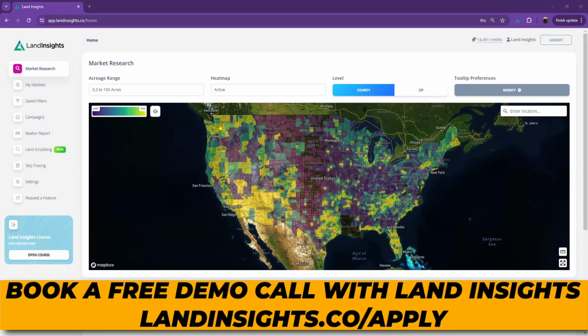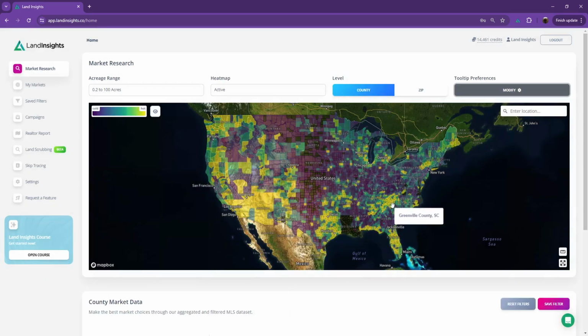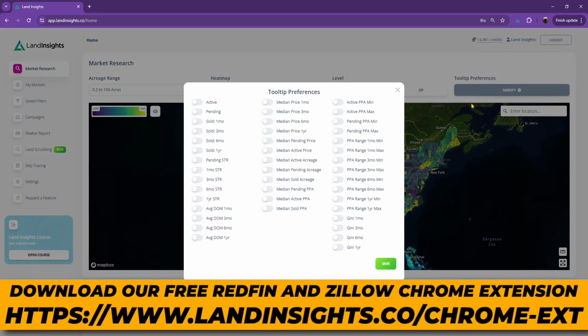When you're conducting market research, we'll be talking about all of the different tooltips in here to a degree. We'll be addressing where you can use that in the platform, the impact it has, and how to leverage it to the best of your ability. So let's go ahead and look at the tooltip preferences on the far right of your screen when you do